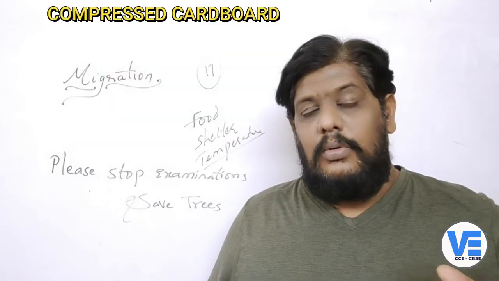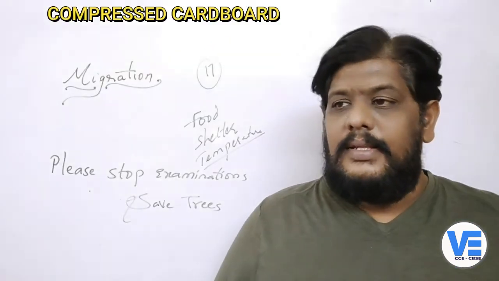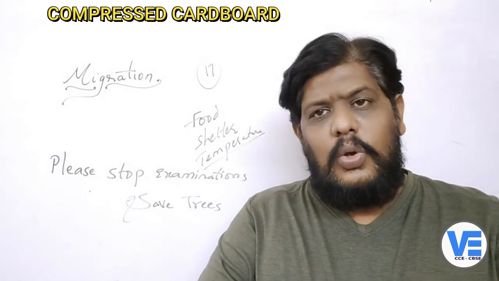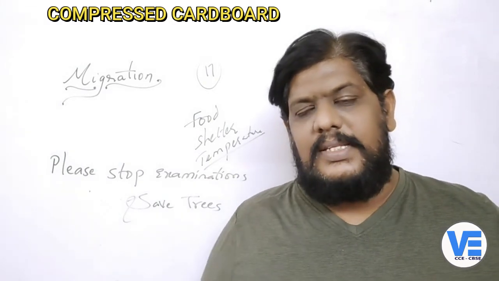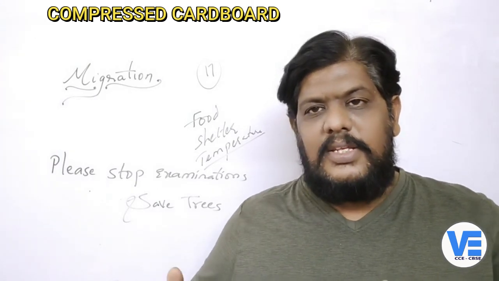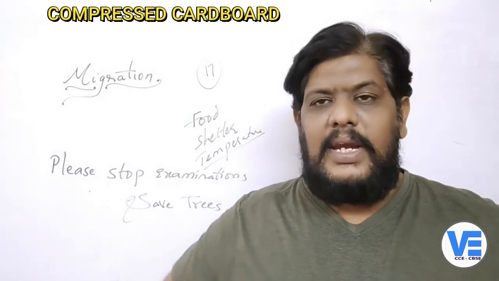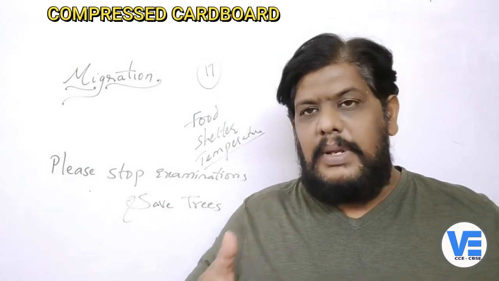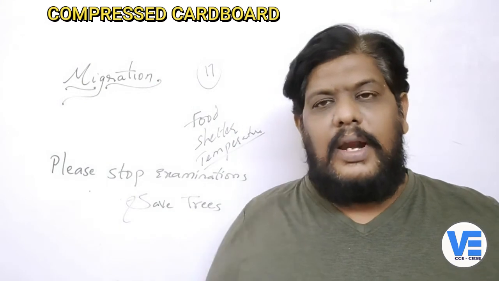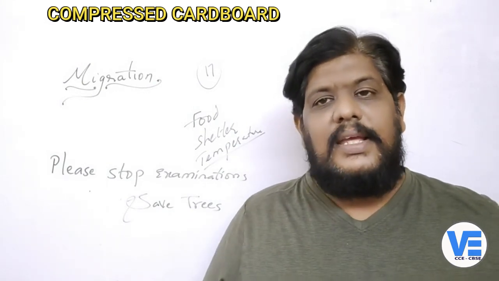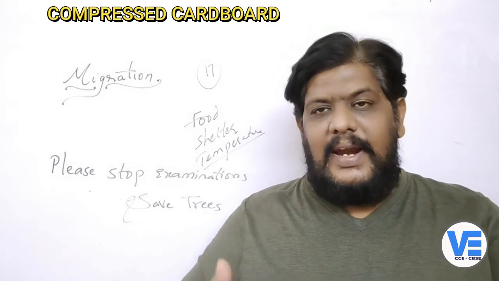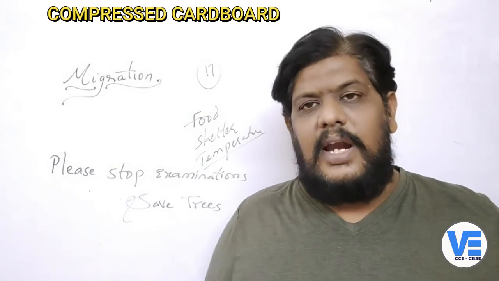So now, not only this, when you cut the tree, you know what comes out? The sawdust comes out, isn't it? All this sawdust can be stored, and again it can be made into pulp. It can be made into layers, and when they are pressed together, they become cardboard. Now that cardboard is being used in several houses instead of walls. They are dividing their rooms using this cardboard.